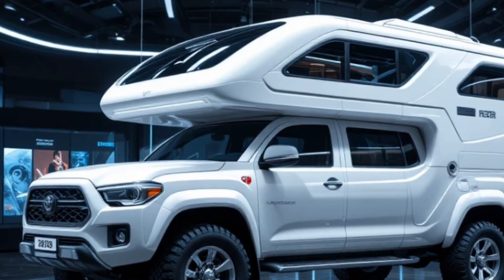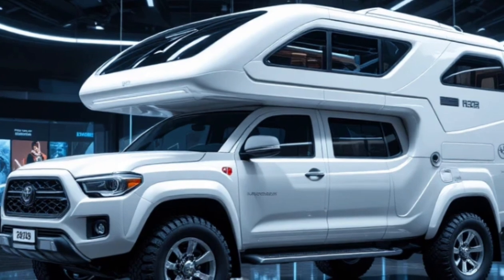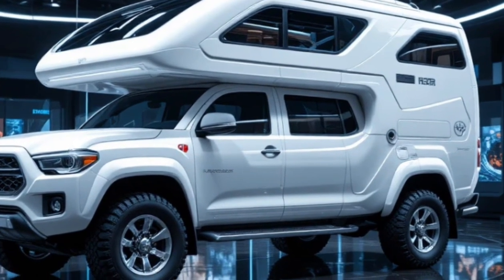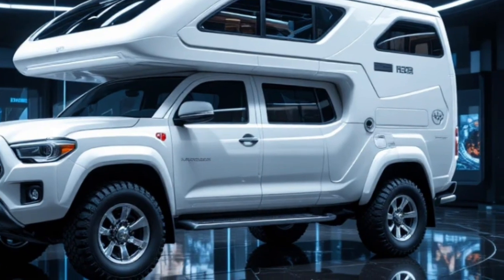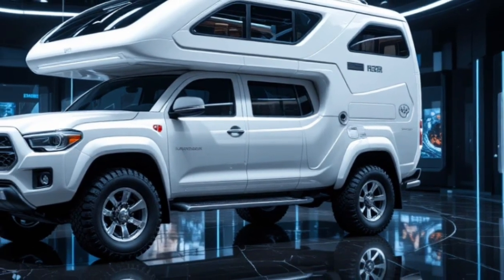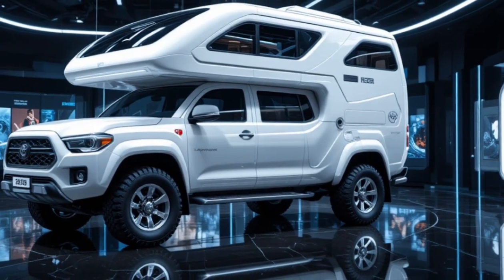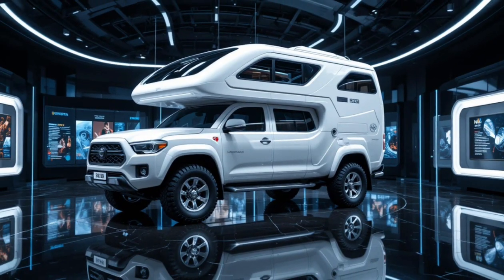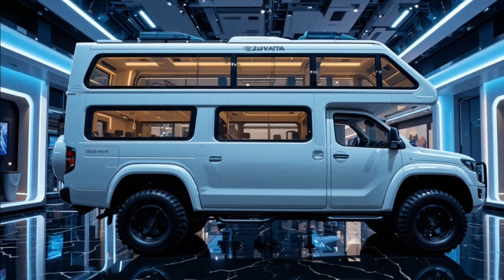without worry. At the rear, Toyota's engineering team added a fully functional outdoor deck that folds out electronically. There's also a stainless steel ladder leading up to the second level, and a retractable awning that extends to create an outdoor lounge area. The LED taillights, embedded into sleek vertical panels, give it a signature light signature that's easily